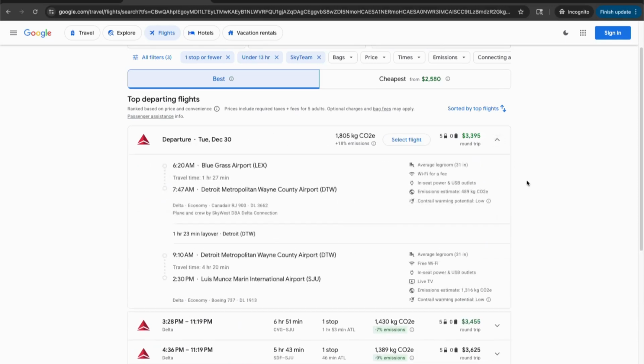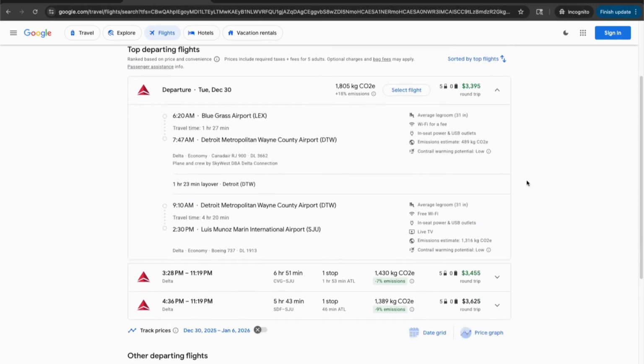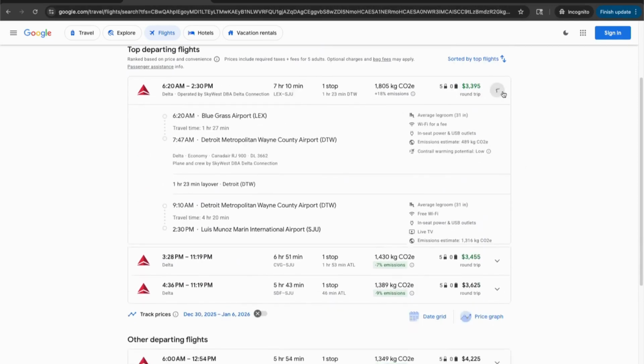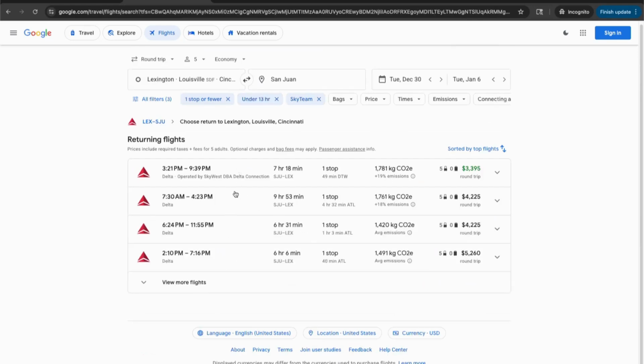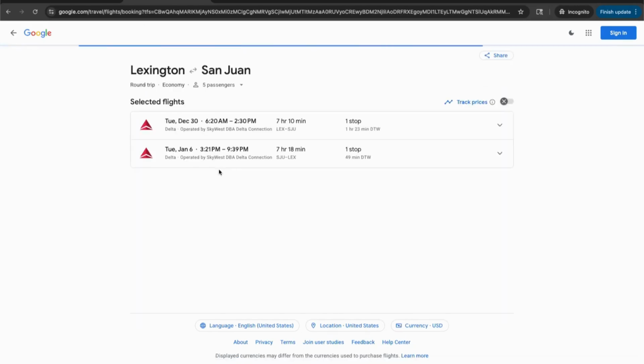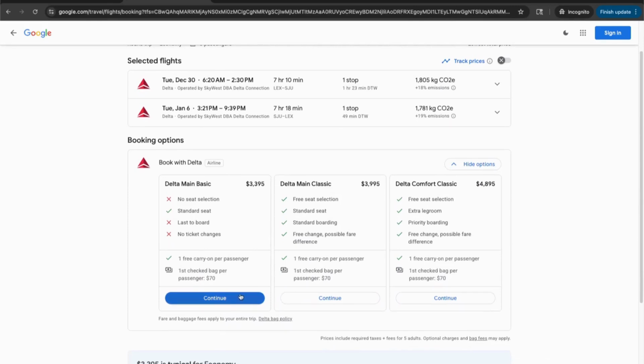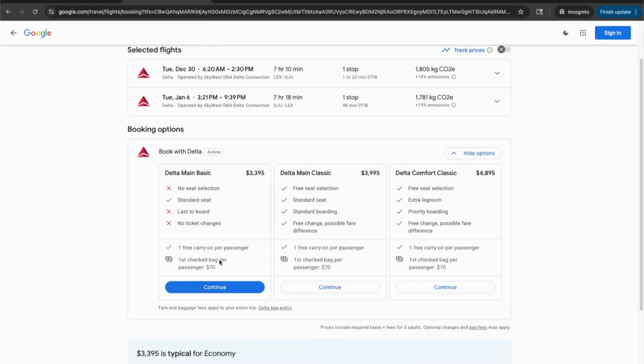I can select through the ones that we like, and we're perfectly fine leaving Lexington at 6:20 a.m. And we'd like to arrive back before it's too late, so the 9:39 p.m. would work great. I don't want to choose the Delta Main Basic because we like getting Delta miles, and we're going to continue on, and it will take us to the airline website to